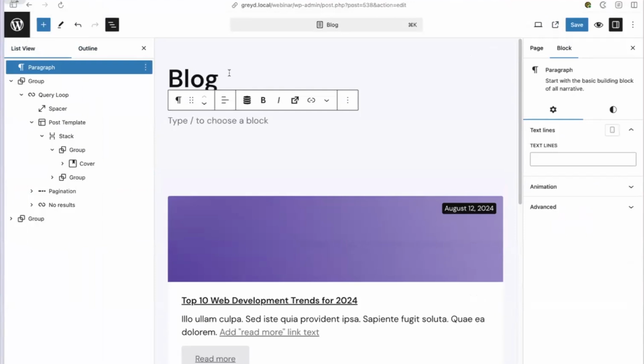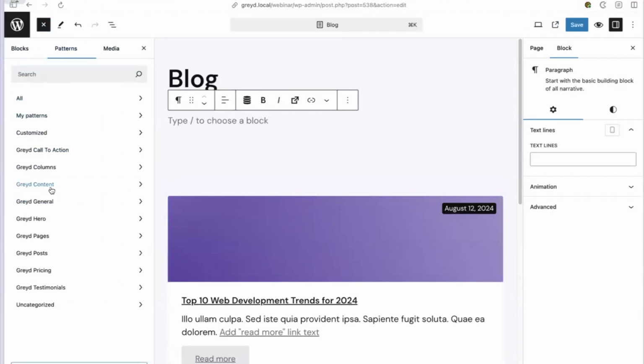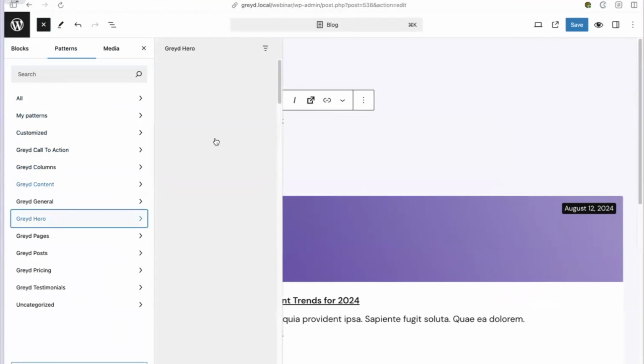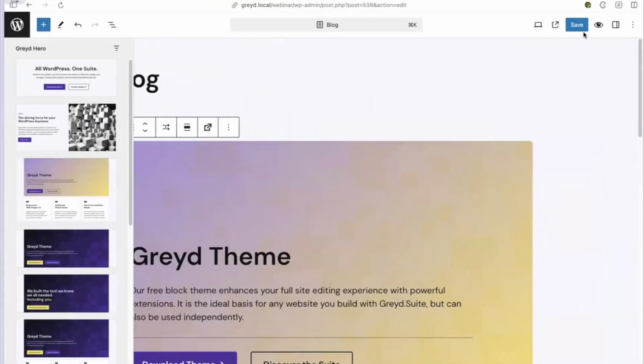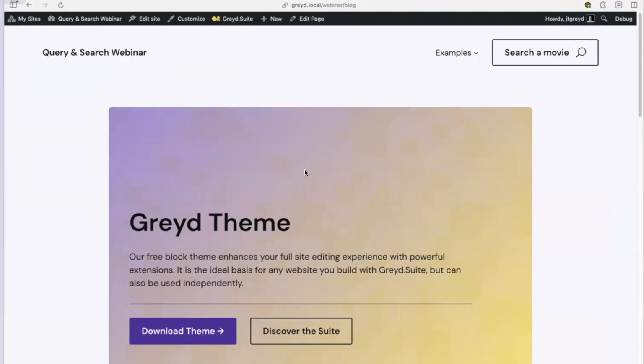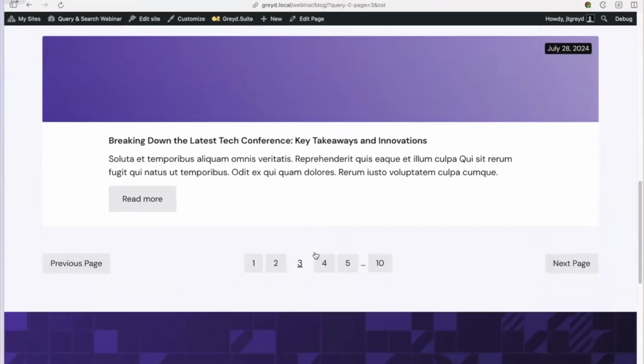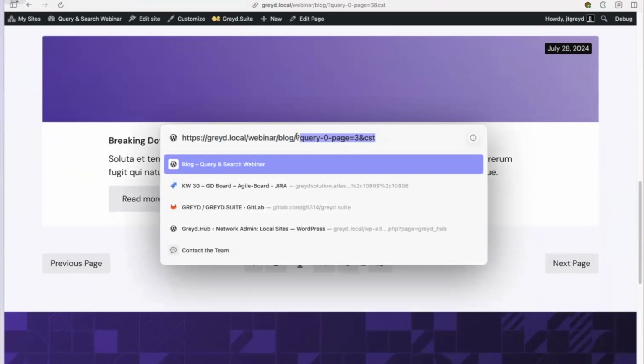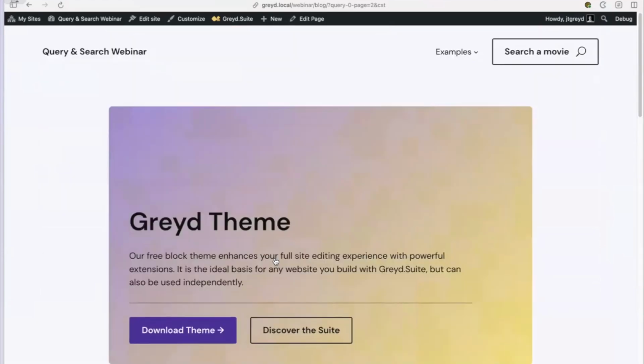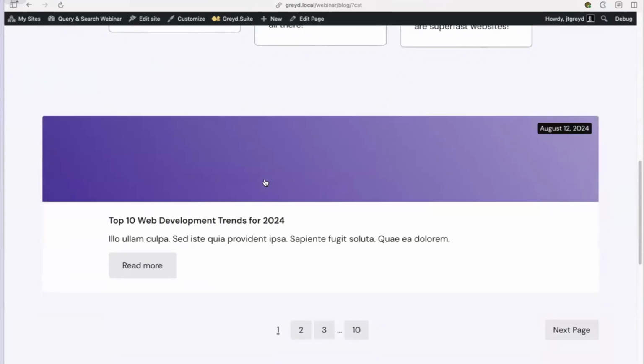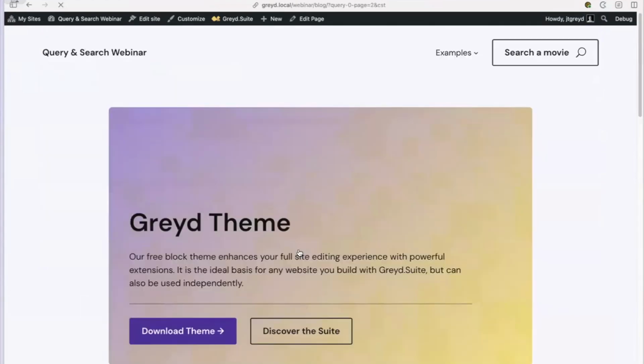but imagine if I go into this block and actually include a pattern in here. Let's just get some hero in here. It doesn't necessarily have to look good, but if I now go to page 2, then the user really lost the position, because the browser handles it as a new page, query 0 page. And you are not scrolling automatically to that position. This is kind of confusing to the user. So this is one of the downsides.